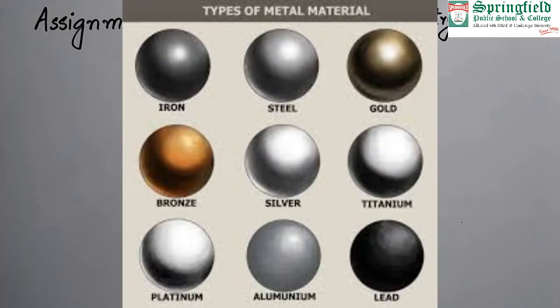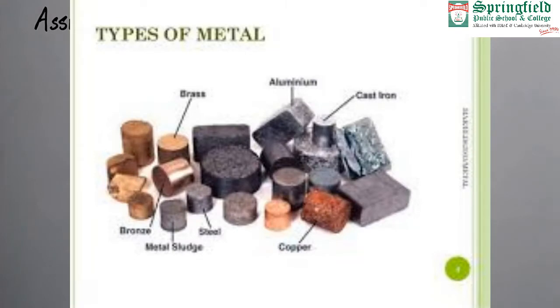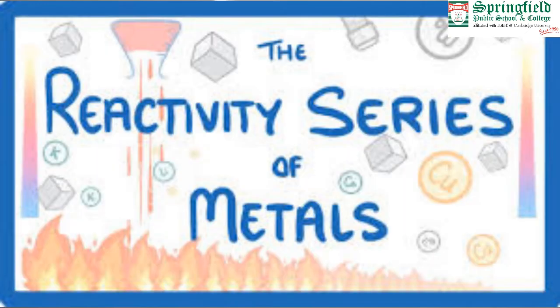As in the last lesson, we have seen reactions of metals. And we saw that some of the metals react very violently, some react slowly, and some do not react at all. So in today's lesson, we will make a table which will do a comparison between different types of metals on the basis of their reactivity. So we call this the reactivity series.